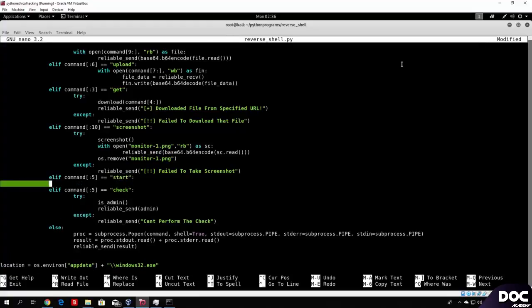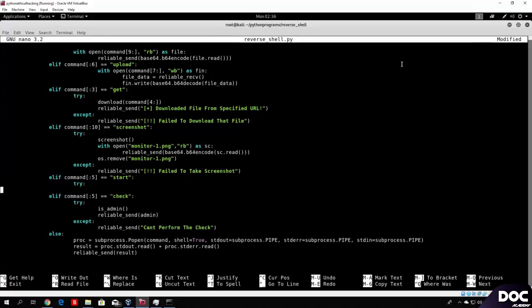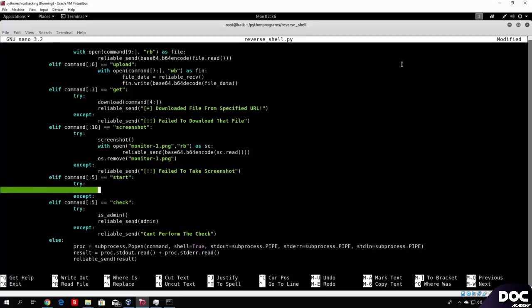What we need to do is try to open the program. So make sure to always use try and except, because at any time, for example, the user of our server can specify the name of the program wrong, basically they just mistype the notepad name, and then our program will crash because you don't have the try and except rule. So make sure to always have it, and we will use